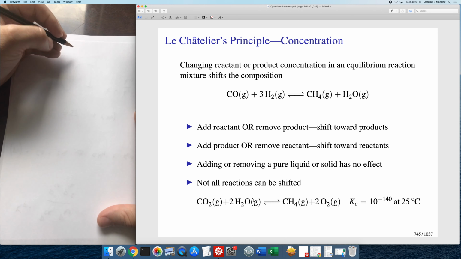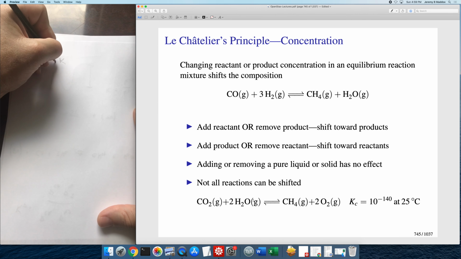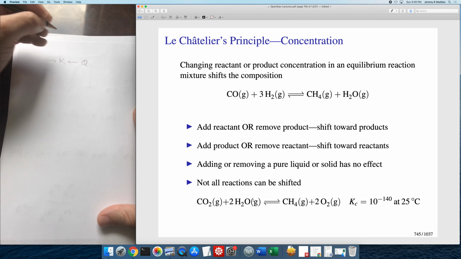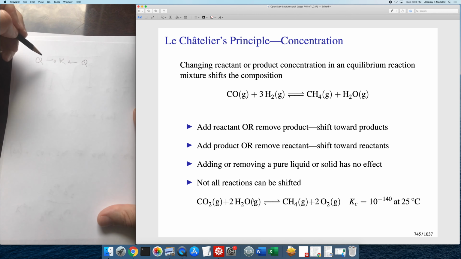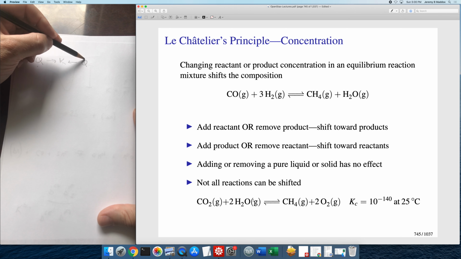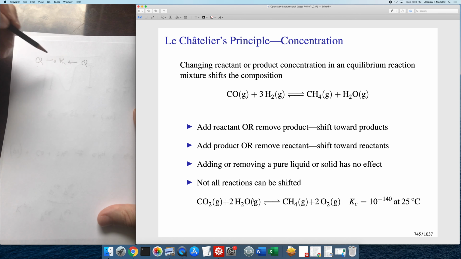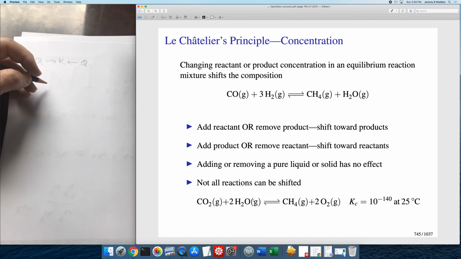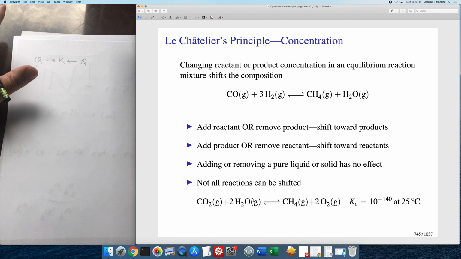Well, remember our Q and K comparison problem, where we were using this device to help us predict which way the reaction needs to go to reach equilibrium. If the reaction quotient is smaller than K, then you need to go towards the products to reach equilibrium. If the reaction quotient is greater than K, then you need to go back towards the reactants to reach equilibrium. When you've got a system at equilibrium, effectively your Q equals K in that moment. Well, what happens if you dump in